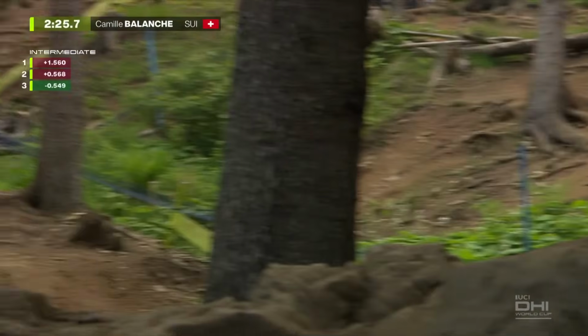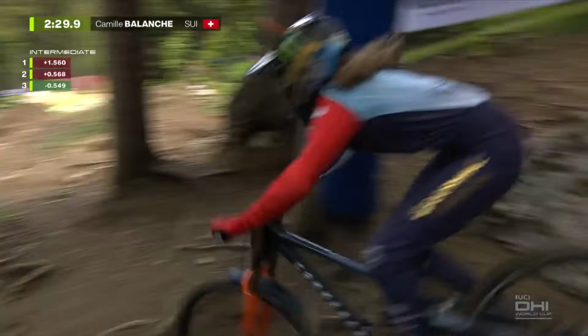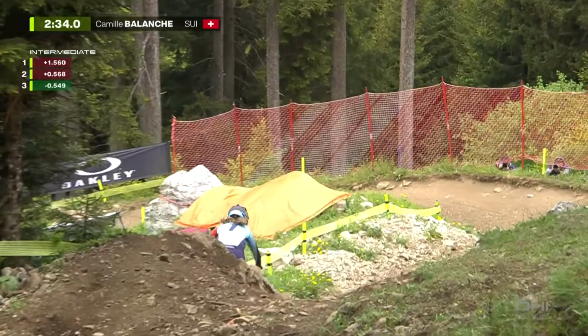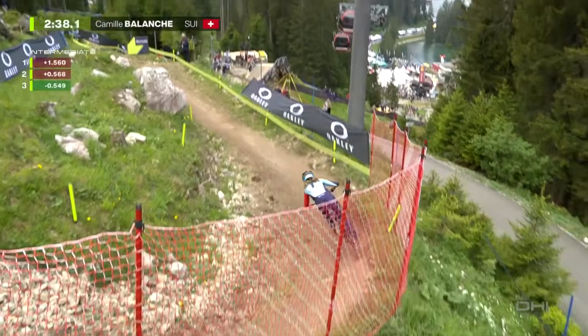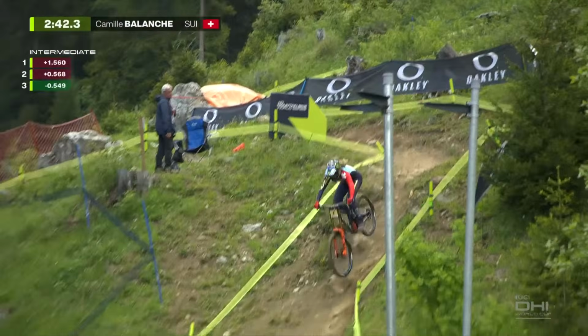What a fascinating concept this semi-final format is beginning to be. She's doing exactly the reverse of everyone. Not pushing too hard at the top, just putting the gas on halfway to the bottom. That's maybe the key today. I think if you're as good as Camille Balanche, you've got those reserves, you've got the ability to be able to do that, but...